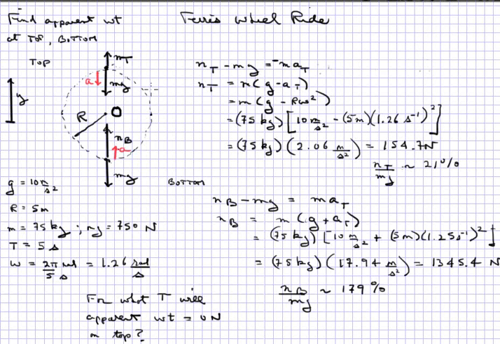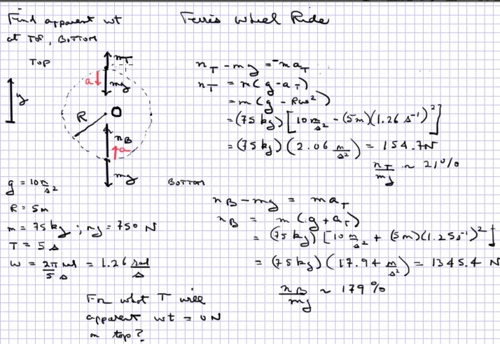So what I'd like to do is find the person's apparent weight at the top of the Ferris wheel and at the bottom of the Ferris wheel. Now remember, apparent weight means the reading on a scale on which this person is sitting. So to start things off,